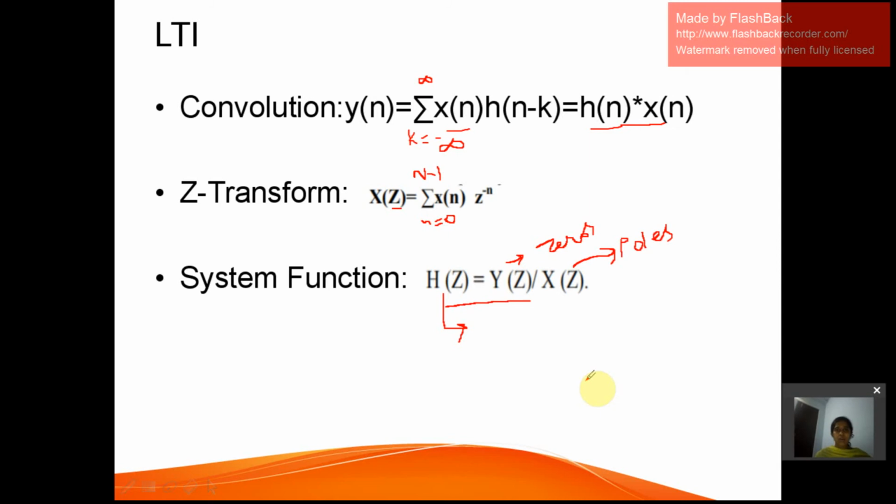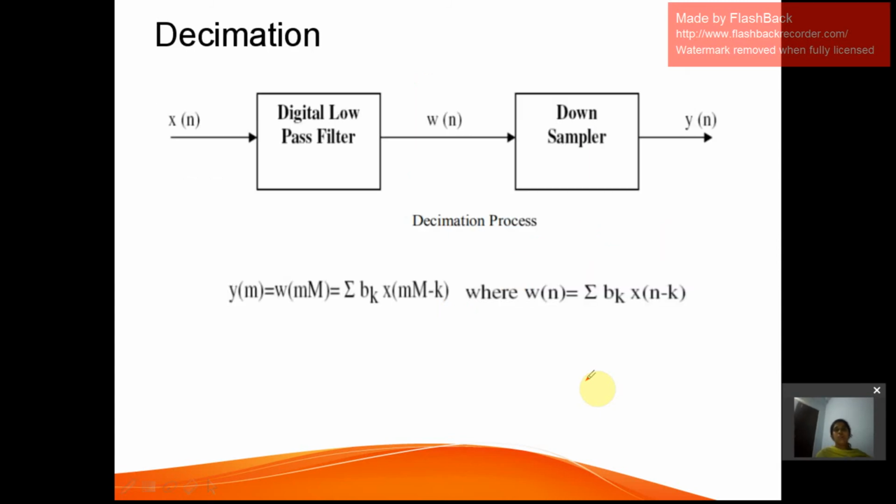Now let us go with the concepts of decimation and interpolation. What is decimation and interpolation? Decimation and interpolation are simple DSP operations. What does decimation do? Decimation will decrease the sampling rate, and interpolation will increase the sampling rate. How does it decrease the sampling rate? By removing some samples, but it should not violate the sampling theorem. In such a way, the samples will be removed and the signal will be downsampled. The sampling rate is decreased in the decimation concept, and the sampling rate can be increased with the interpolation concept.